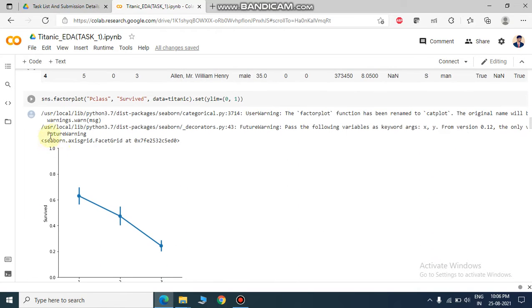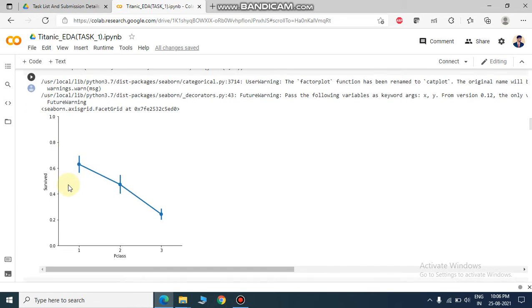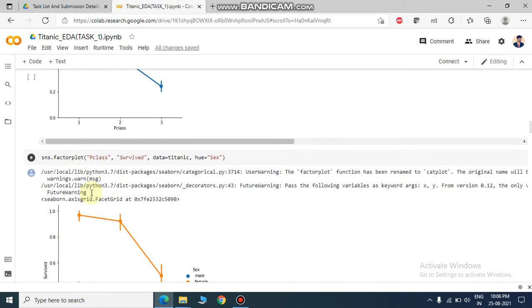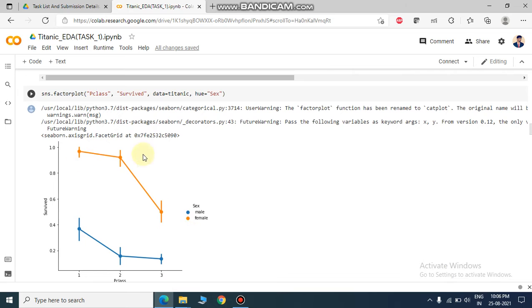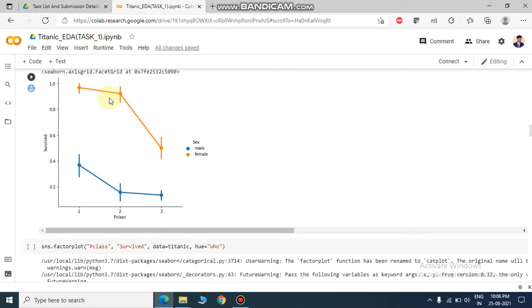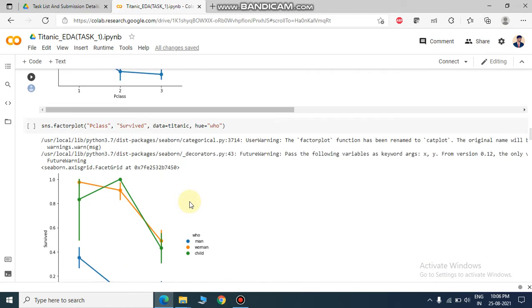Moving forward, this is the graph for the people who survived the Titanic crash. This one is based on sex and is the same for the people who survived, and this is the graph for female, this one being for male.